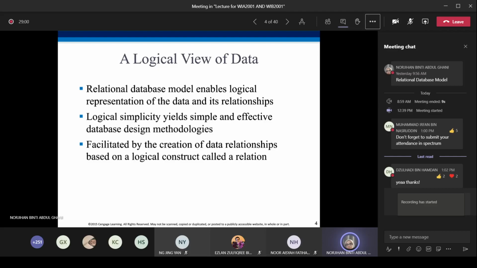It shows a logical simplicity that yields simple and effective database design methodologies, and it is facilitated by the creation of data relationships based on a logical construct that we call a relation. That's a logical view of data.